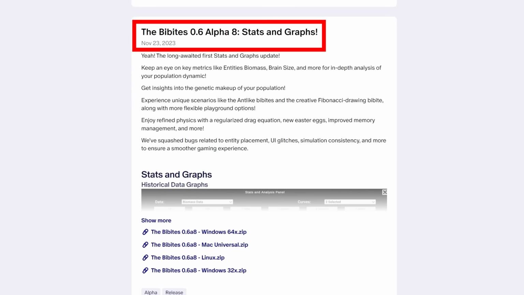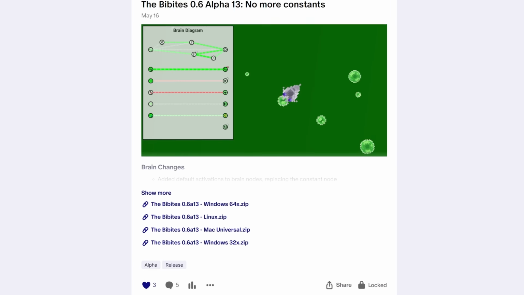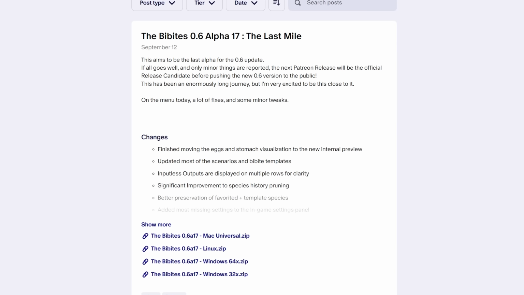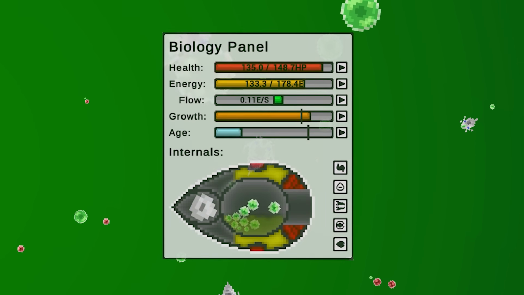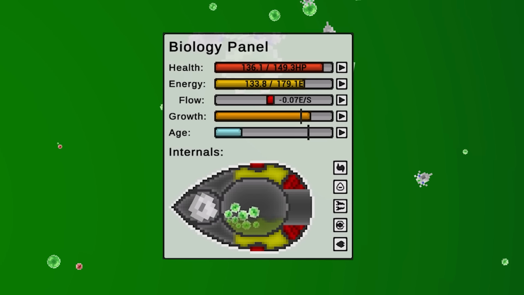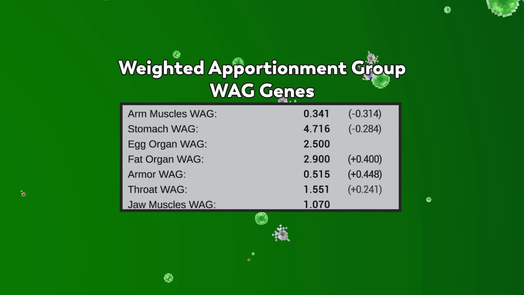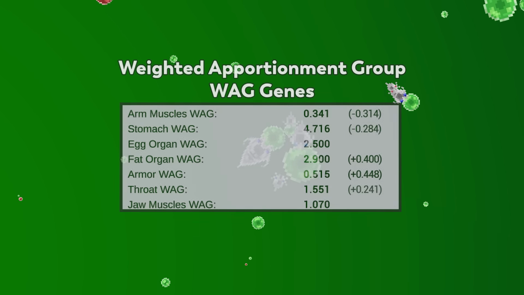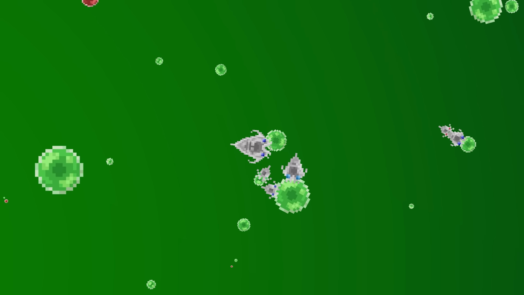Also, like I mentioned previously, this simulation was run with the now pretty old version of the Bibites, and a lot has changed since then. Among other things, Bibites now have internal organs that share their space inside the Bibite, with genes controlling their respective size and usefulness, meaning Bibites will have even more tools to specialize to different roles.